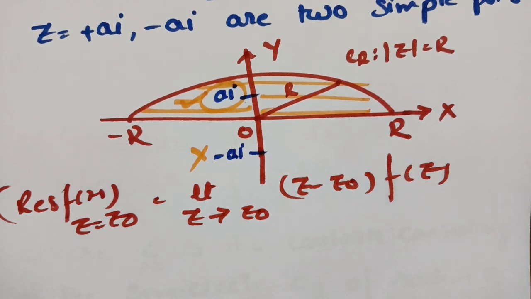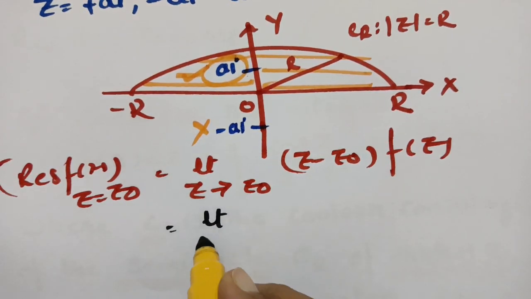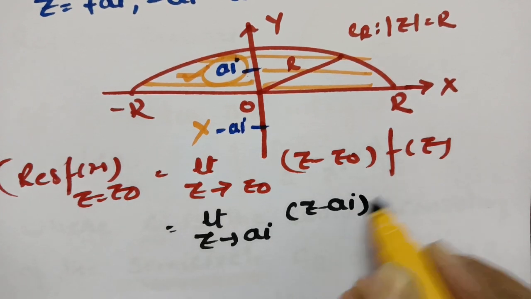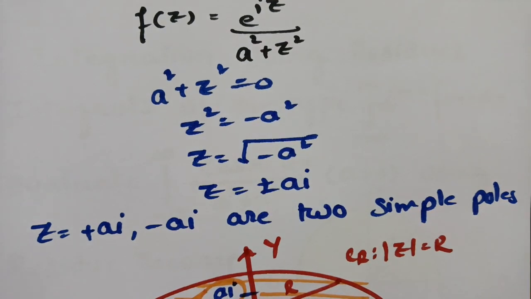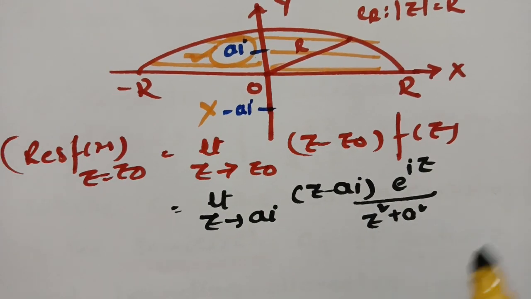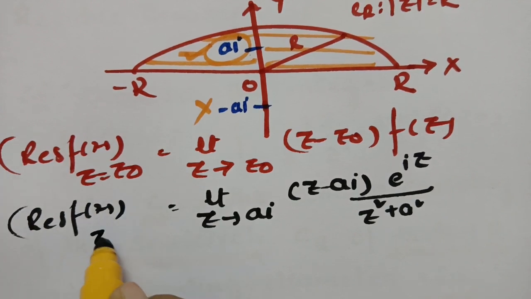Clear? And now see, what is our z naught? The z naught value is nothing but the limit as z tends to ai of (z minus ai) into f of z. So what is our f of z here? f of z is nothing but e power iz by z square plus a square. So after substituting the f of z value, this is the residue value of f of z at the interior